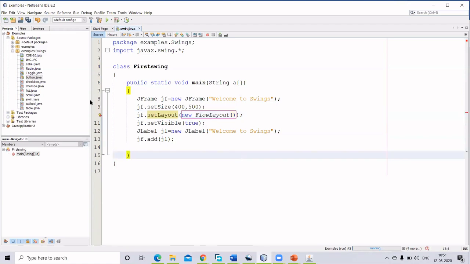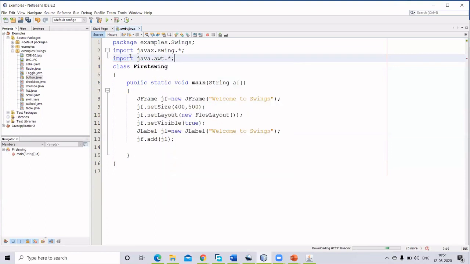So here I have created that, but it is showing some error. Can you see this flow layout is not JFlowLayout? It is a normal FlowLayout only. Wherever I'm using J, all these things are available inside Swing. But FlowLayout is not inside Swing. So you have to import java.awt.*, because these classes are available inside the AWT package. Because Swing is built over the AWT package, you can make use of AWT classes also inside Swing.